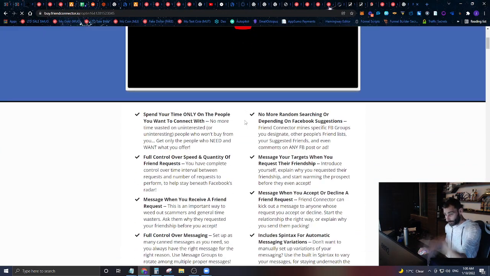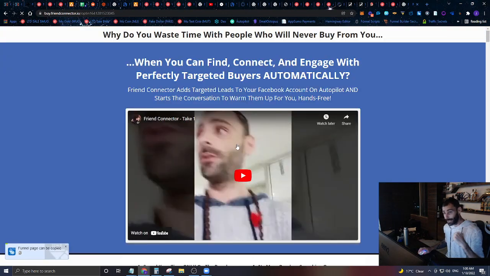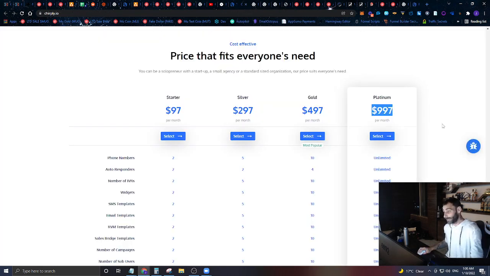I already have an offer and a way for people to go in and actually buy Friend Connector. Let's say you have an offer and you have a list. You could literally take that list and upload it into Chirply, and you could send that offer to the list of people that you uploaded via an email, via a text message, via an IVR, via ringless voicemail, and within minutes they could go in and buy your stuff. If you have a list of 10,000 people, 100 of them could go in and buy your stuff within minutes